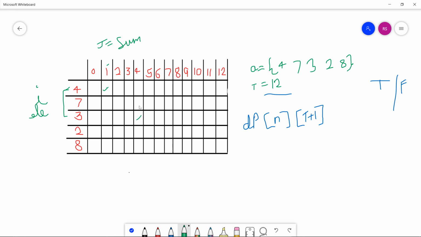And now in this subarray, we check whether this sum is available or not, meaning whether this subarray constitutes this sum or not.